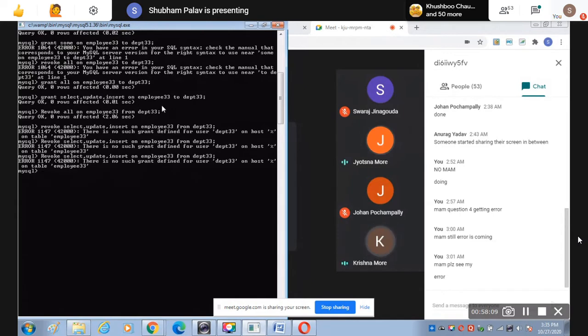Yeah. So students, just swap your questions. First perform question number 2 and then perform question number 3. Means swap questions 2 and 3. On grant all on